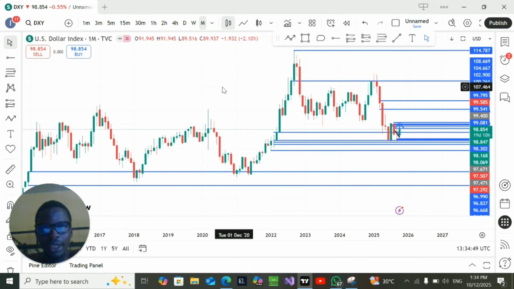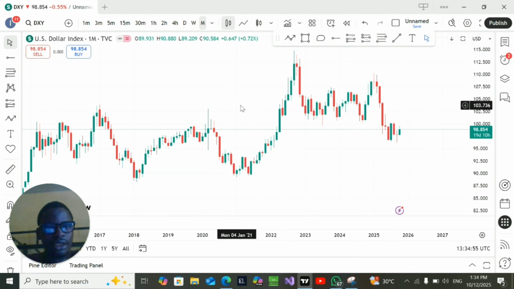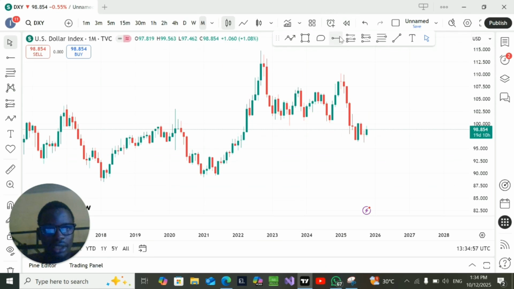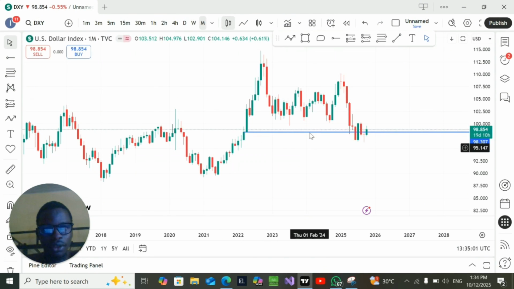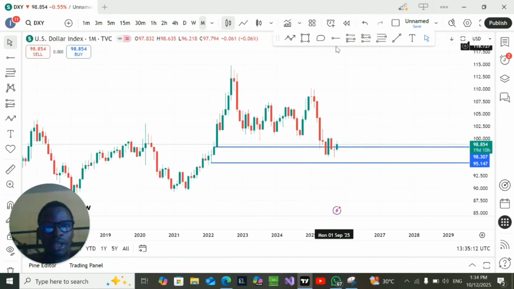For the dollar index, you could see that the dollar index is currently on what? On a demand here. There's a demand around this zone. The dollar index is reacting to this zone. So what we are looking at now is the dollar index. Because it's on a monthly demand,